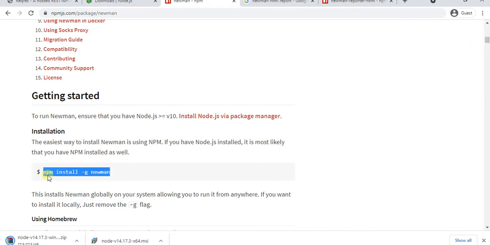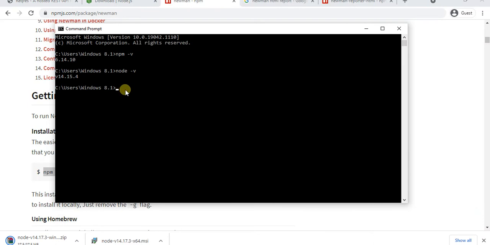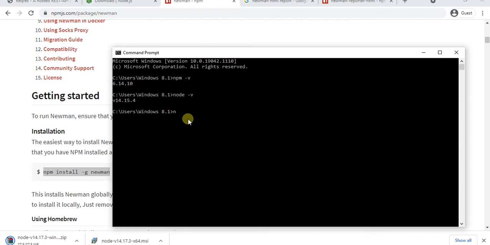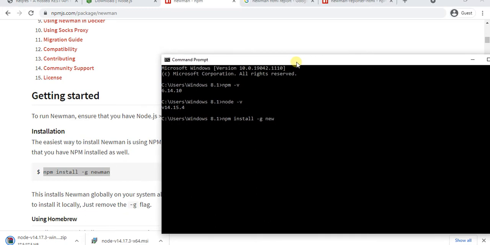Let me copy this: npm install -g newman. In my case I already installed it.